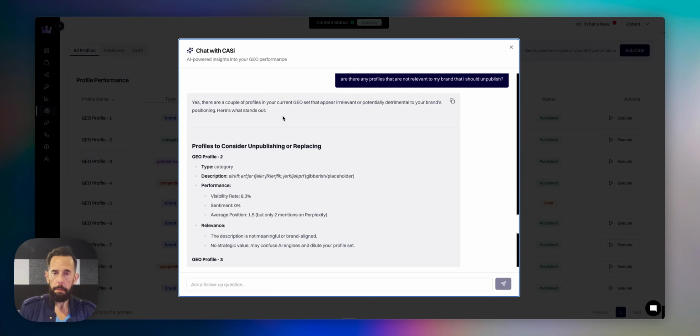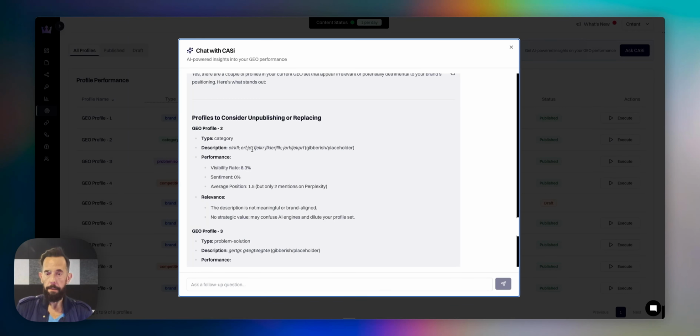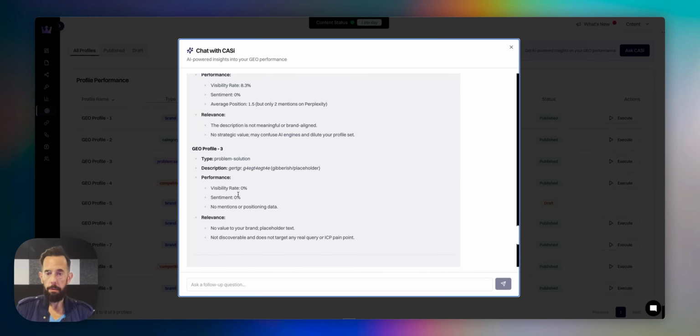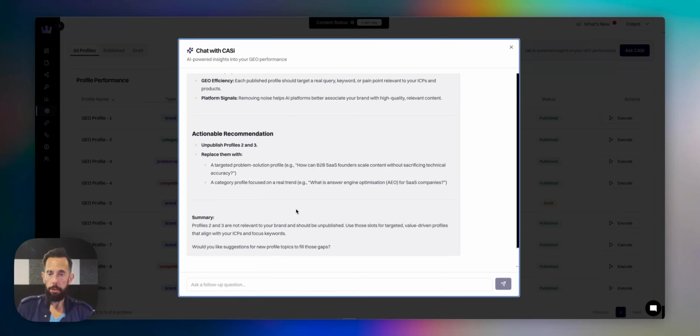So it says here there's a couple of profiles that appear to be irrelevant or potentially detrimental, and you can see here there's some with gibberish, I suppose is the word you would use, and this is because these were test ones. So gibberish, placeholder, no relevance, unpublish them, actionable recommendations, unpublish profiles 2 and 3, and so on. So you get the feeling that you'll be able to interact with your AI search, have a good understanding of